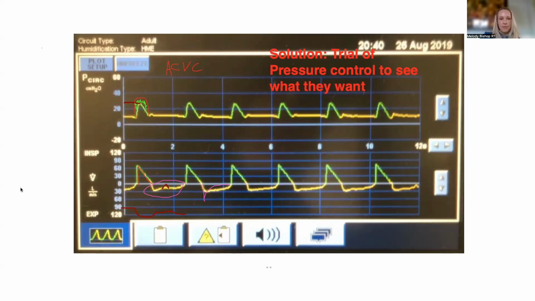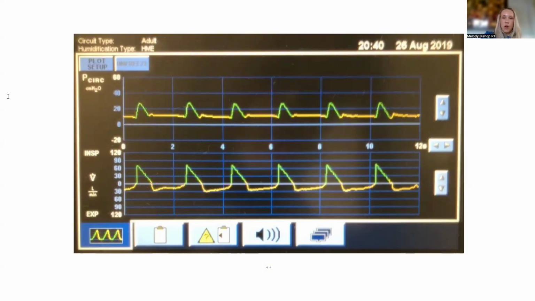All right. Anything else on this one, Melody? No, the only other thing I would say is just reminding people in volume control, if you want to see what your patient is doing, remember to move to the waveform that is not set by you. So for volume control, you're going to look at your inspiratory pressure waveform for patient effort. And then you can always look at your expiratory flow in every single mode, because that also is from the patient. It should be from the patient because it's not set by the vent. Exactly. Perfect. All right, cool.